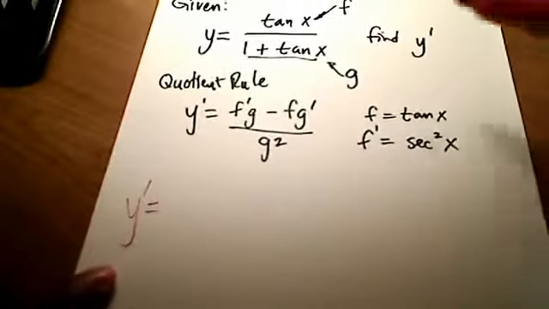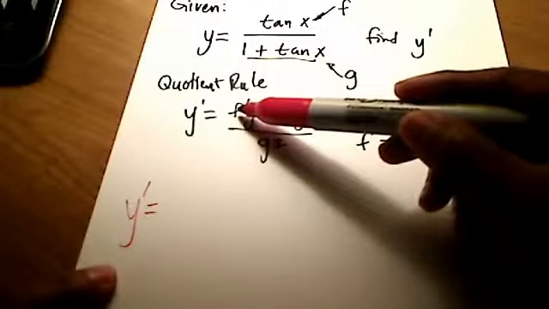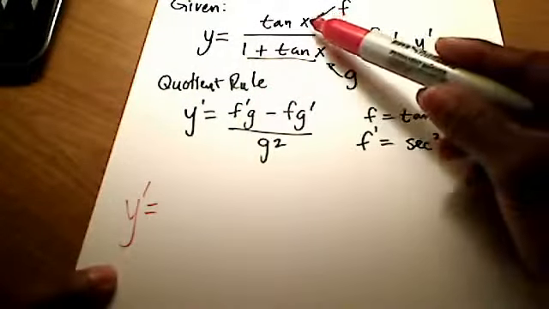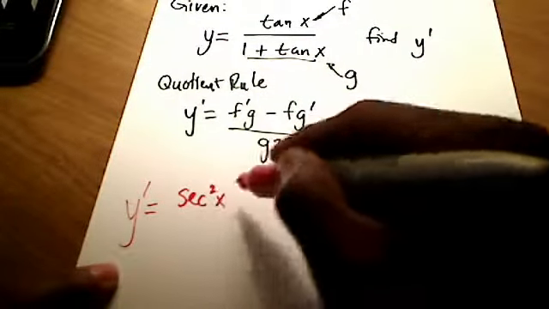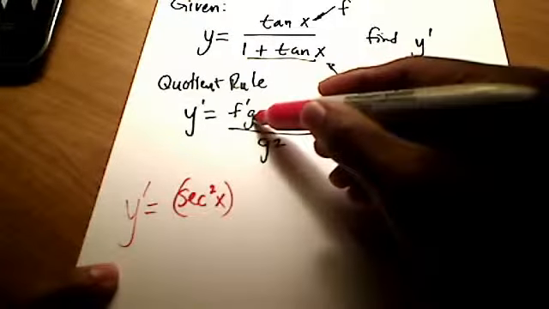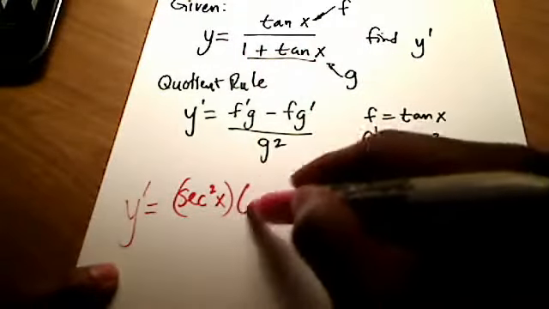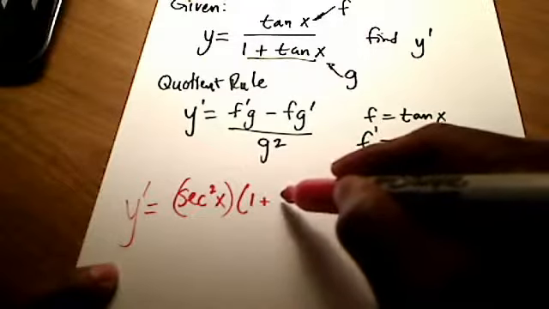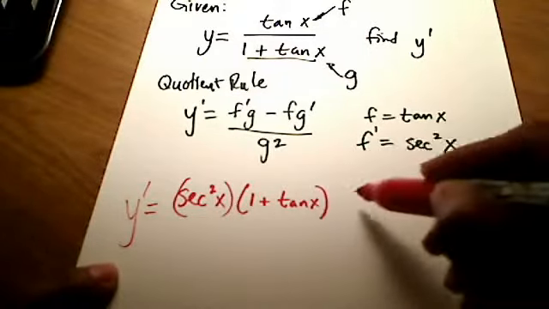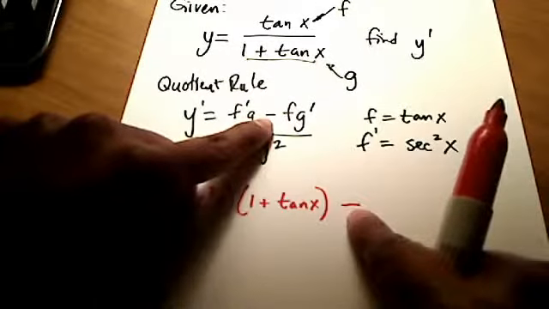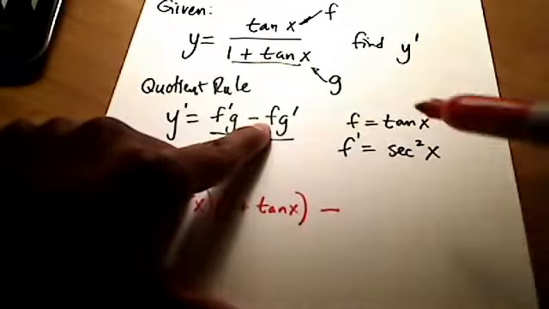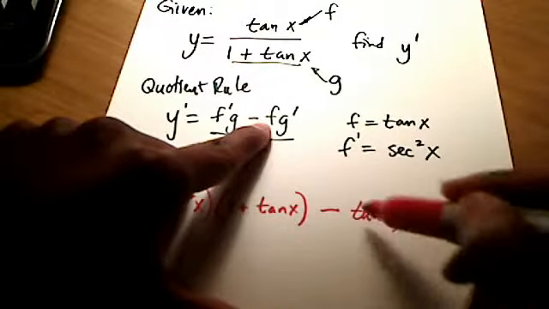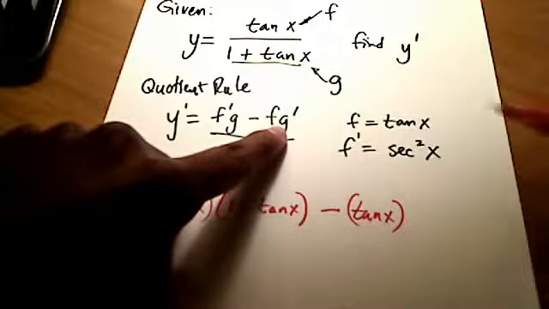So give me the derivative. The quotient rule says give me the derivative of the numerator, that's f prime. The derivative of tangent x is simply secant squared x. Times g, and in this case g is my entire denominator, so I'm going to wrap that in parentheses as well. Minus, so this minus sign is this minus sign right here. Now give me f, well f is just my numerator, tan x, times g prime,